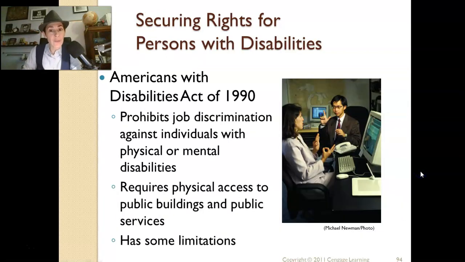So we also have to discuss the rights of persons with disabilities. Many folks with disabilities, whether it's something that's physically visible, like somebody who requires a wheelchair or crutches, or something that's not as visible, say somebody with autism or ADHD. Now, the Americans with Disabilities Act of 1990 is one of those things that government did that was good. It did cost money. It did massively increase regulations, but it did a lot of good things,